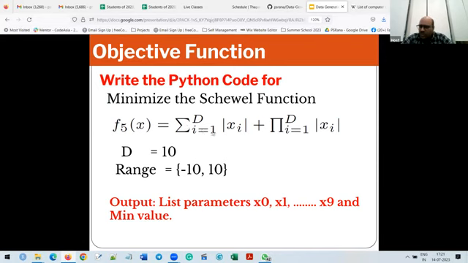तो यहाँ पे क्या है, समीशन हो रहा है xi के पैरामीटर का जिसका मॉड होना चाहिए. तो यहाँ पे समीशन हुआ. आफ्टर दैट देयर इज अ मल्टीप्लिकेशन आफ्टर द मॉड लेने के बाद, और लास्ट में दोनों को आपको सम करके भेज देना है. और रेंज क्या है? रेंज इज -10 and 10.